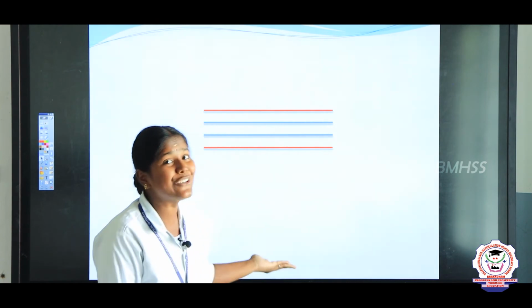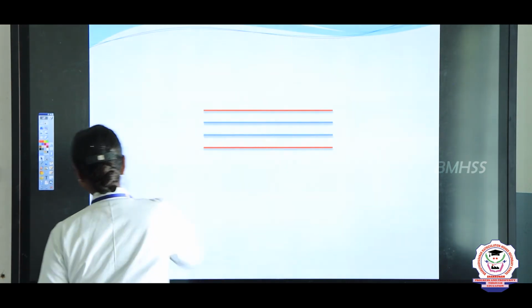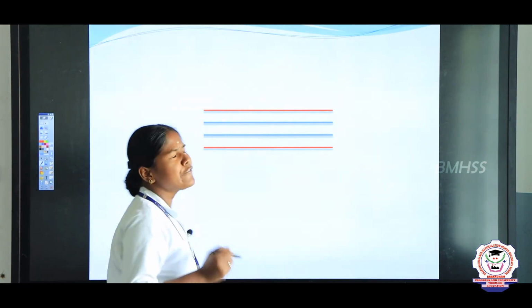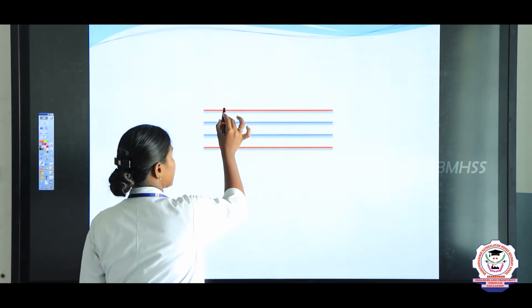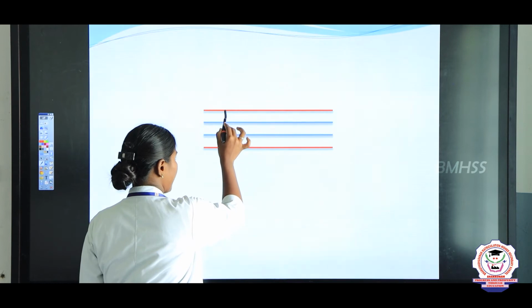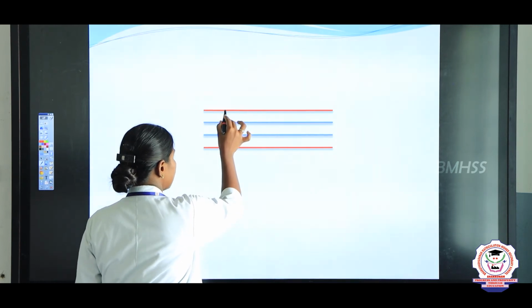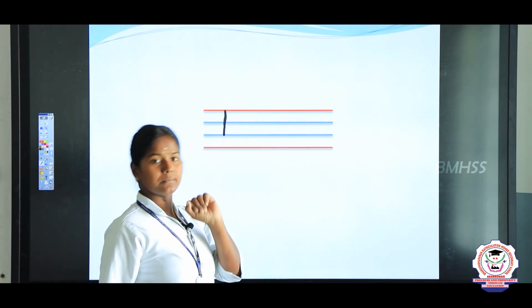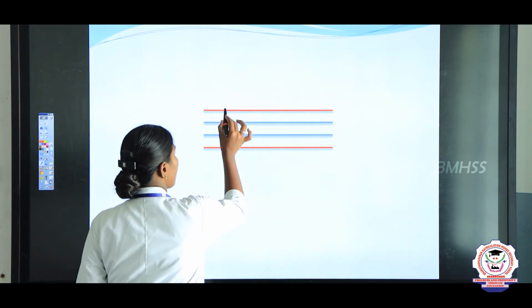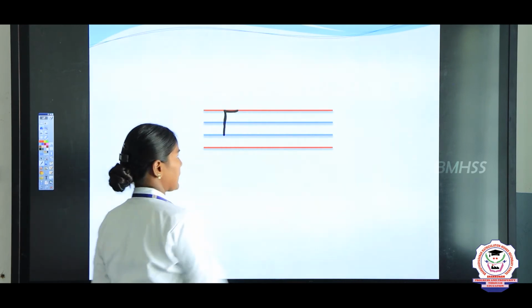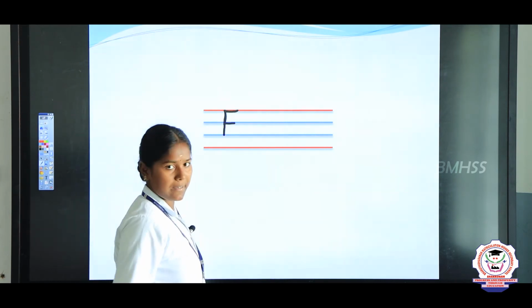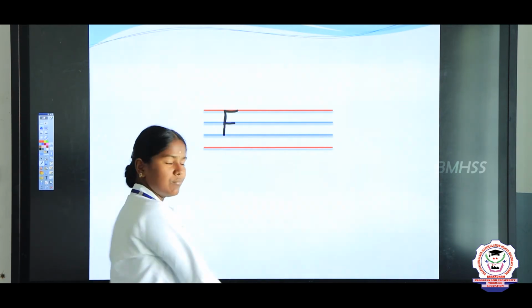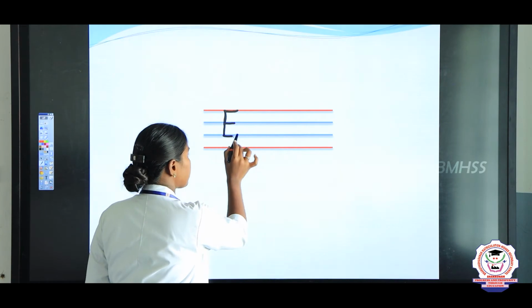Shall we write the spelling for egg? Here's the 4 lines for you. First letter of egg is E. To write E, touch the top pink line and draw one standing line like this till the bottom blue line. And the top of the pink line, draw one sleeping line like this. And again, top blue line, draw one sleeping line. Even in the bottom blue line, draw one sleeping line like this.